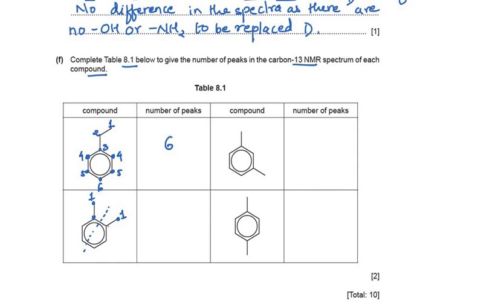The second peak is going to be produced by these 2 carbons. The third peak will be produced by these 2 carbons I am labeling, and the remaining 2 carbons are going to produce the fourth type of peak. So the carbons which are numbered the same are going to produce a single peak because they are in the same environment. And so I'll say this compound is going to produce 4 types of